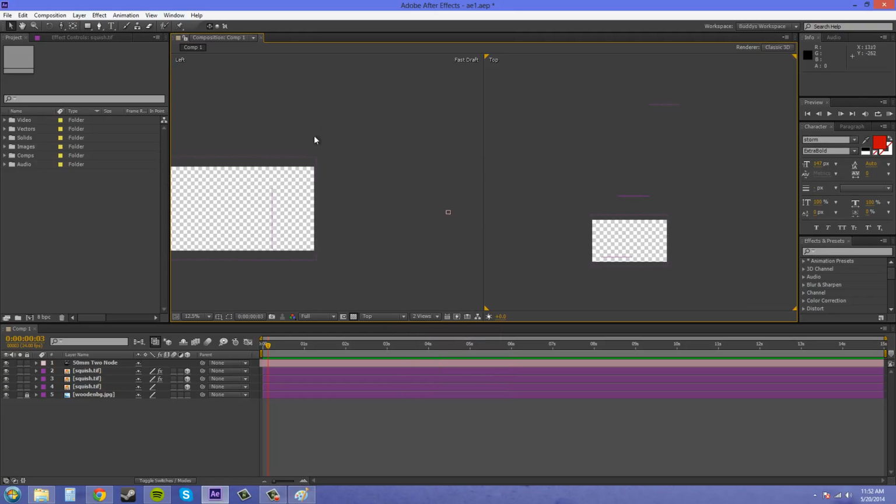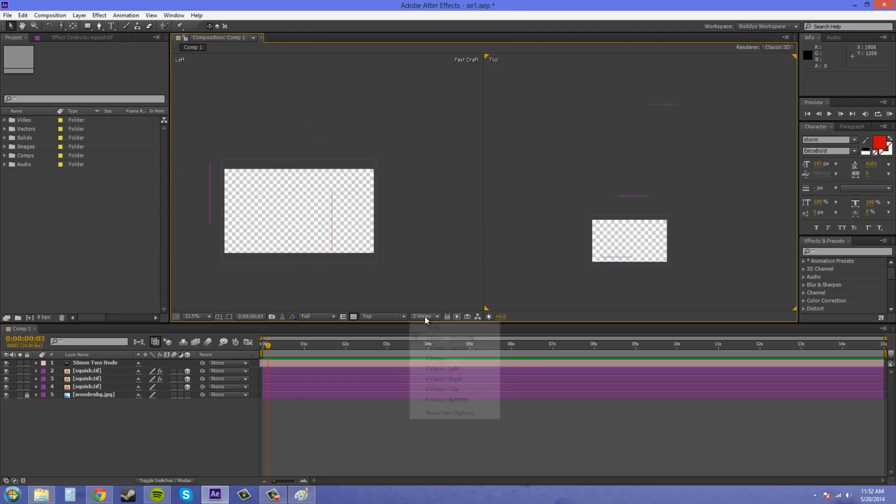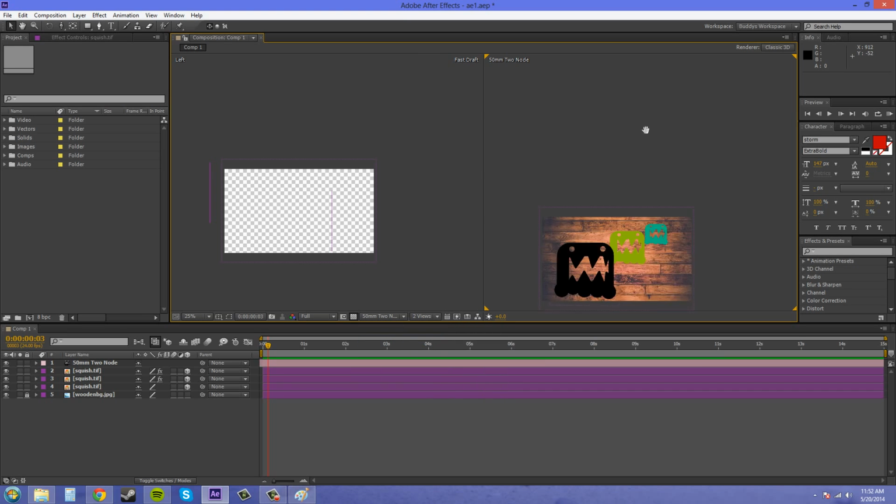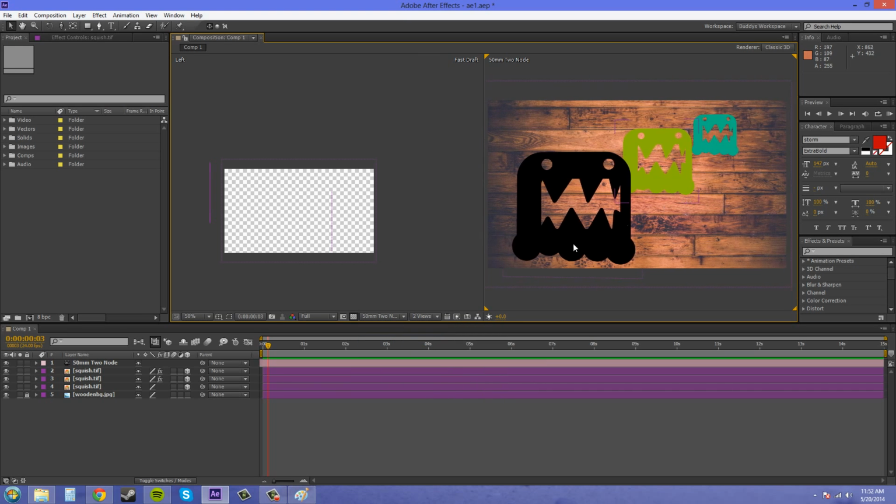Horizontal. And let's change one of them to our 50mm 2-node camera here, and what we're going to do is set up cameras and switch between them throughout this 15 seconds here. So we got our 50mm 2-node camera here,